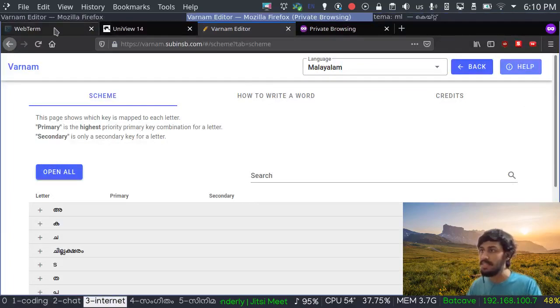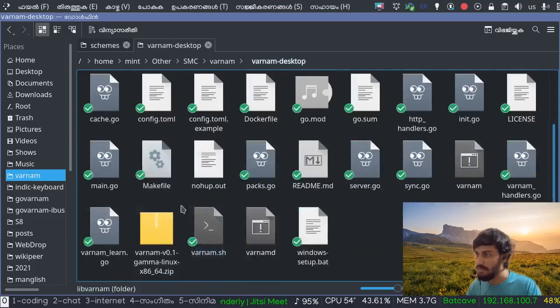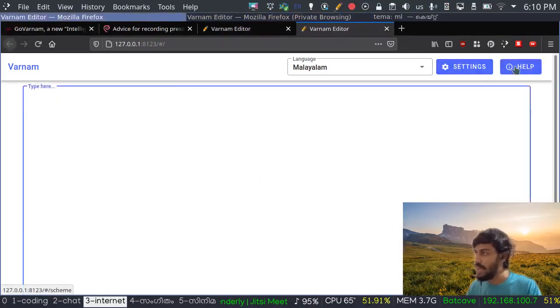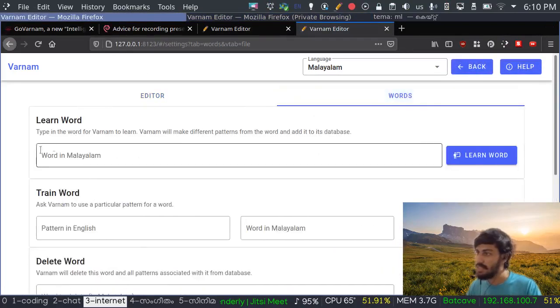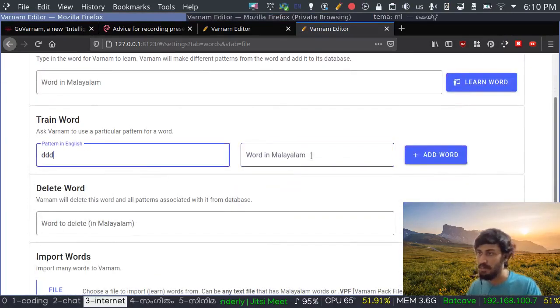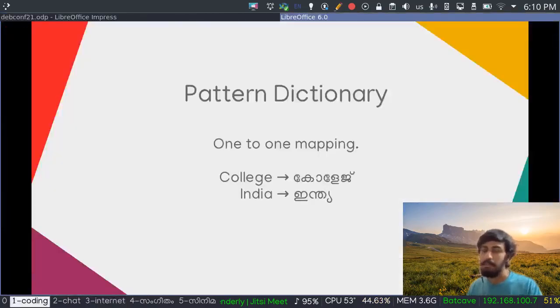We saw this in the desktop app before. Let's open the desktop app again. Where's the desktop app? Varnam. Okay, there we go. So we have this in here, settings, words. We train a word with one thing, right? Pattern, to use a particular pattern to do something. So that's what is meant by the pattern dictionary.